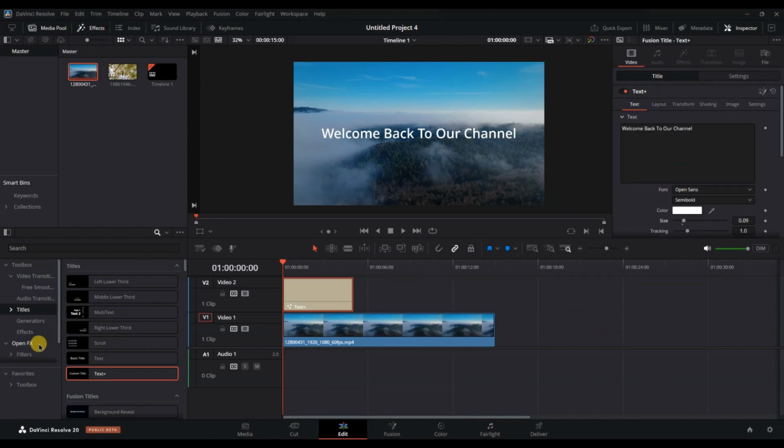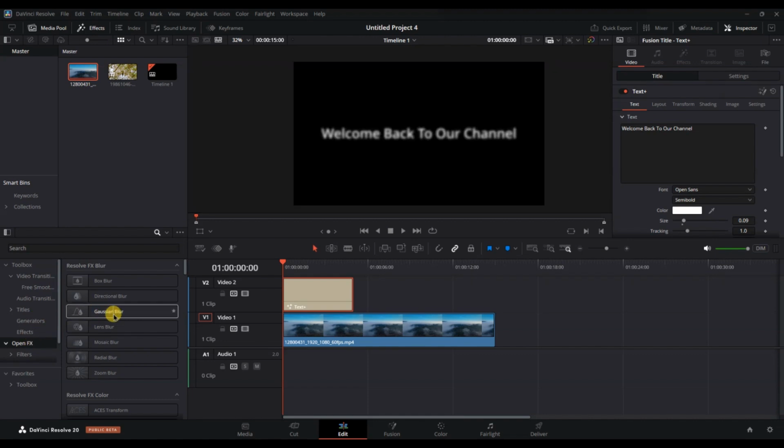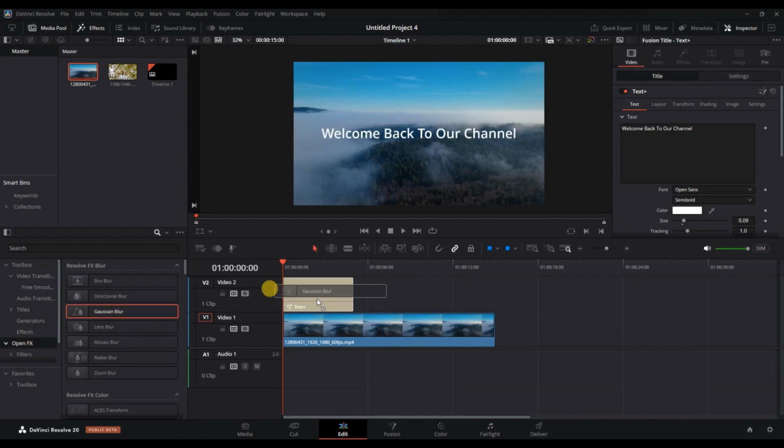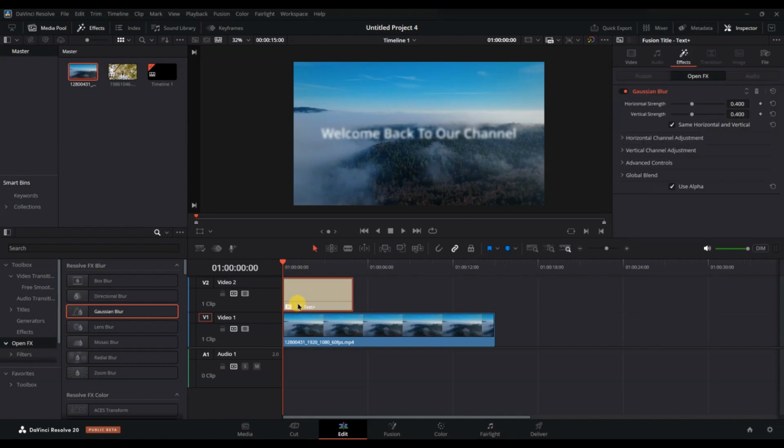Now to add effects, go to the Open Effects section in the Effects library, choose an effect like Glow, Shake or Drop Shadow and drag it directly onto the Text Plus clip. Once applied, go back to the inspector and click on the Open Effects tab. Here, you can adjust the settings of the effect such as intensity, softness and color to make your title stand